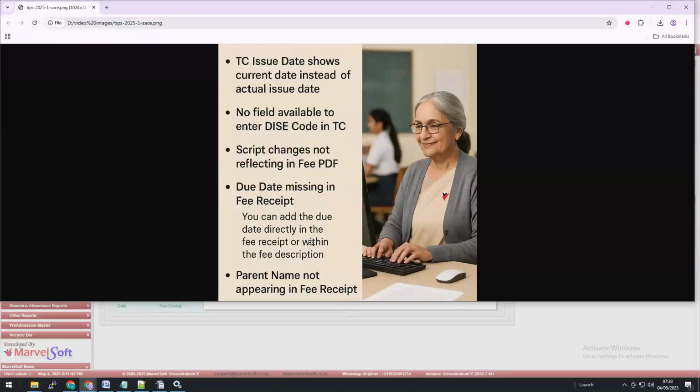You will only get to know when you ask such a question to us, and we will be in a much better position to tell you if there is any such option already available in the software. We point you in the right direction, otherwise we will tell you an alternate way whether it can be achieved. So this is how you can put the due date in the fee receipt. And also